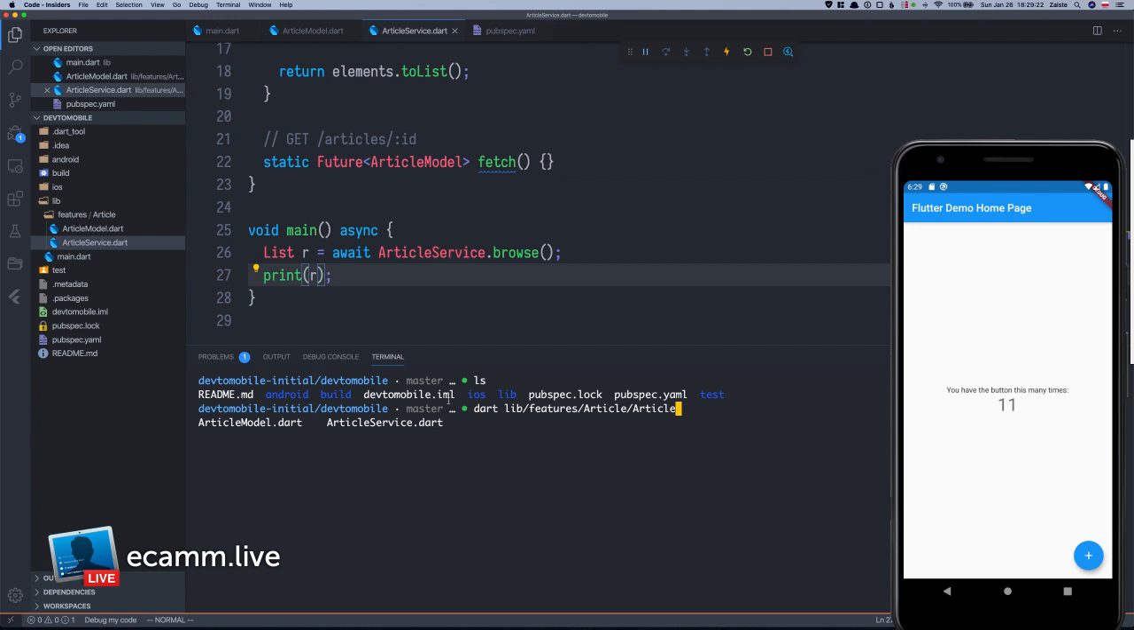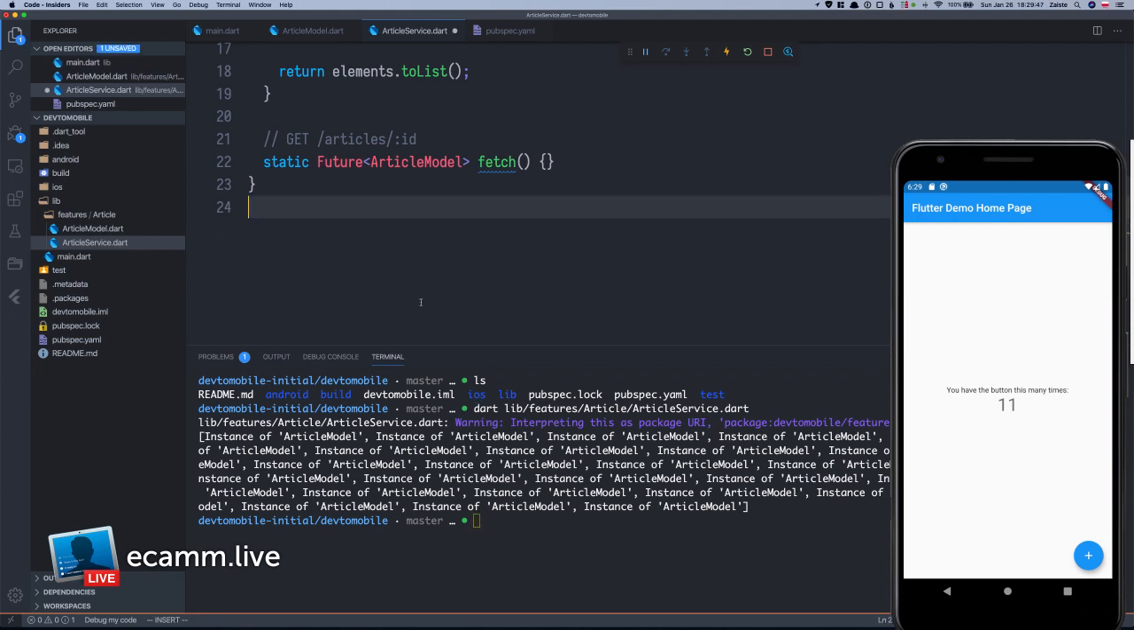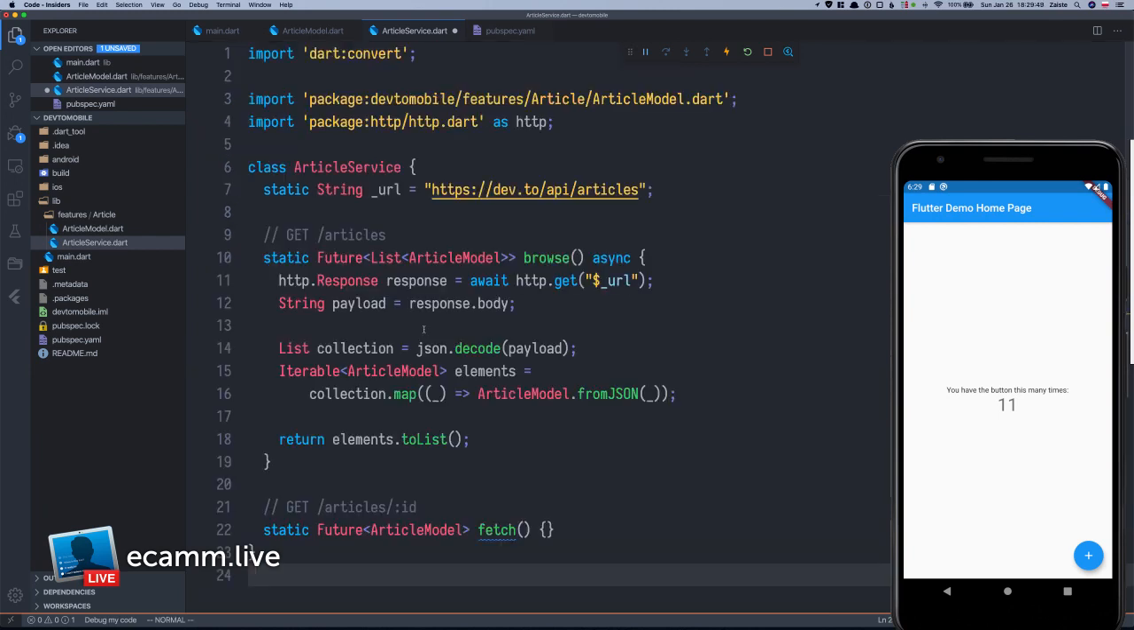Features article service. Okay, so we got something. We got instances of article model. So it seems it works. And so for now, let's remove that. And let's get to the